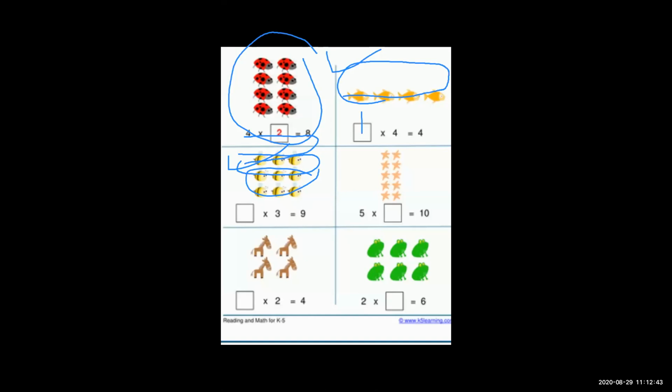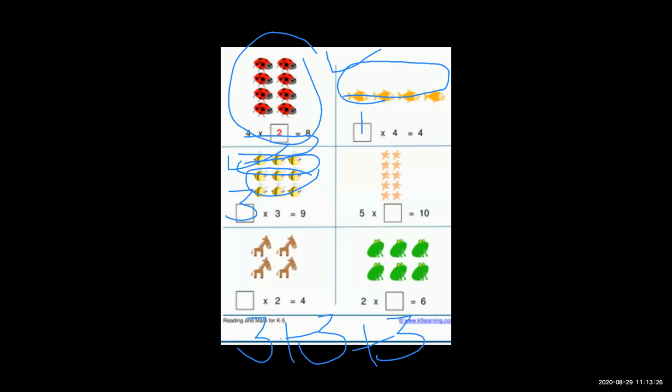Some students gave the wrong answer, 3 into 3 into 3. It is wrong. You want to add over there: 3 plus 3 plus 3. Understood what I am explaining? It's repeated addition, not a multiplication. Repeated addition means 3 plus 3 plus 3 is equal to 9. So here 3 into 3 is equal to 9.